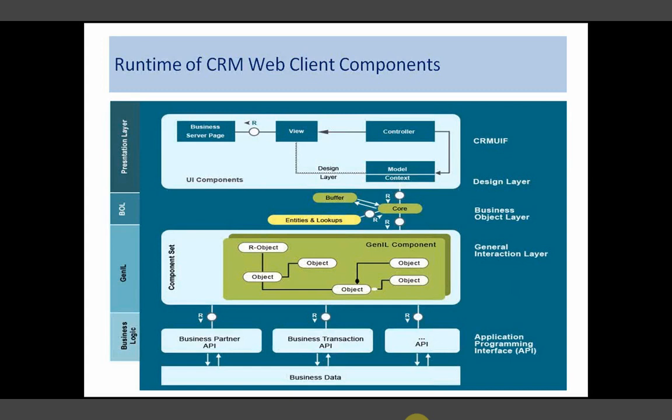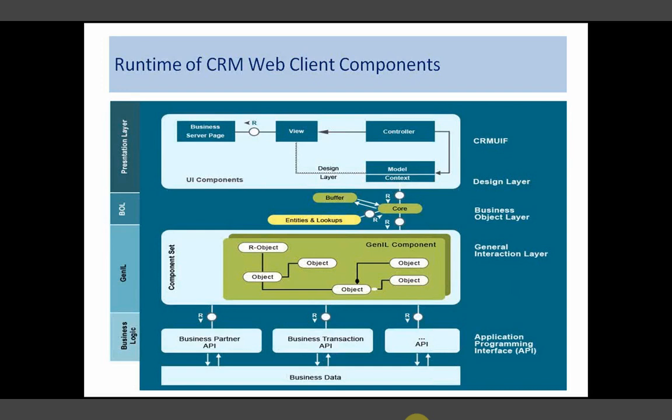Actually, the BOL core is the main key player of the BOL layer, and that is instantiated by the web UI component. So that's a property of the web UI, not for others.